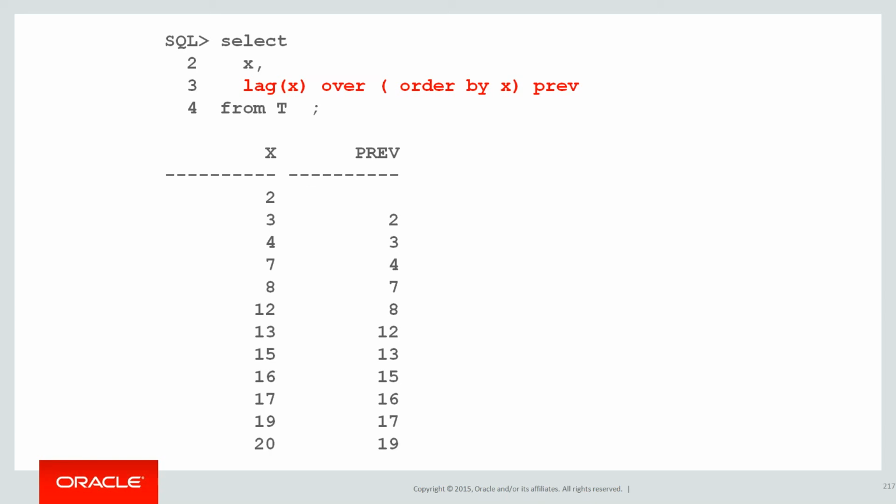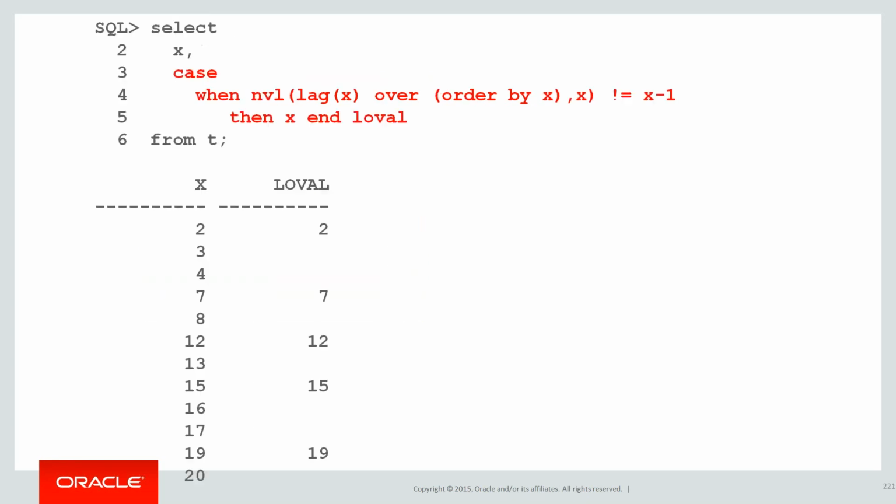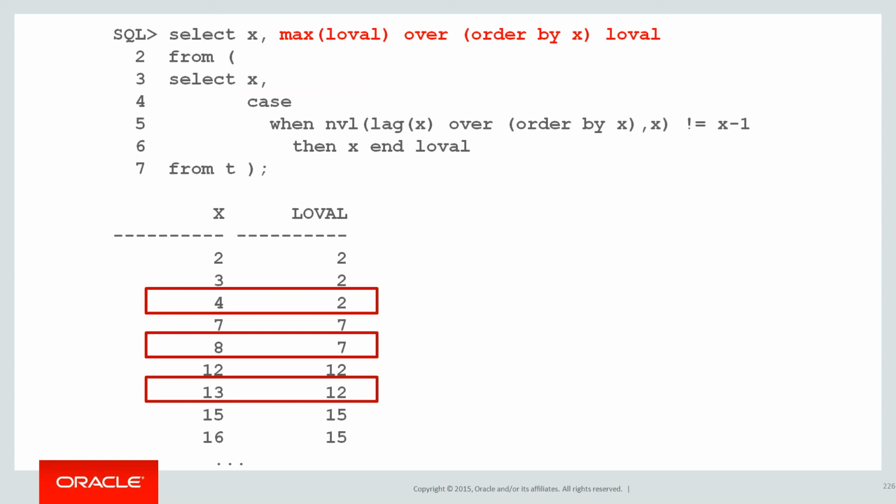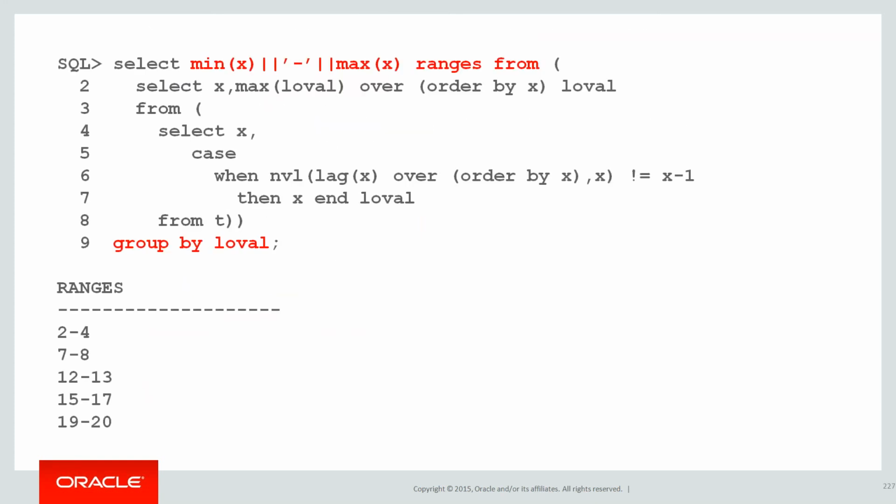So the first thing I'm going to do is use lag. And lag starts to give me a hint of every time the lag is not the same as 1. So if I go back a bit, if it's 3 to 2, there's a difference of 1, it's consecutive. If it's 7 to 4, it's not consecutive. So I'm starting to work up some logic as to where the gaps might be. I then put a case statement around it, and now I've got just those ones. You can start to see I'm building up those ranges that I'm interested in. I put a max around that, and I've simply collapsed all the data in. So there's my ranges I'm after, but I've got some redundant data as well. Do a group by, and there's my result.